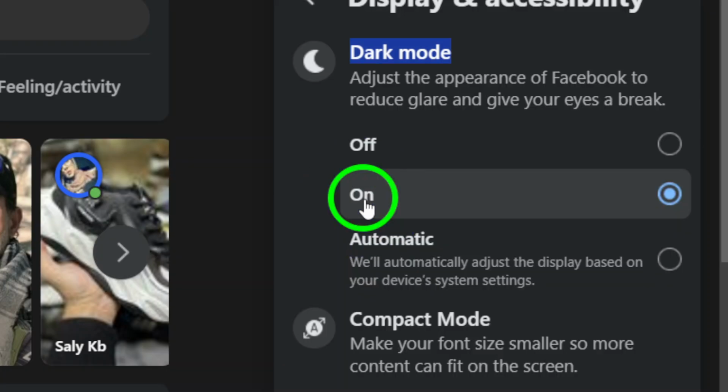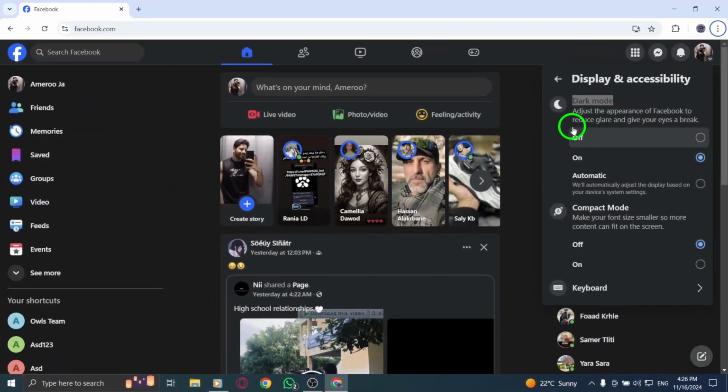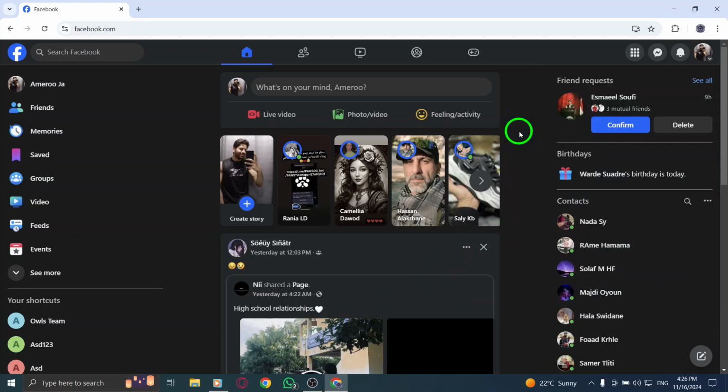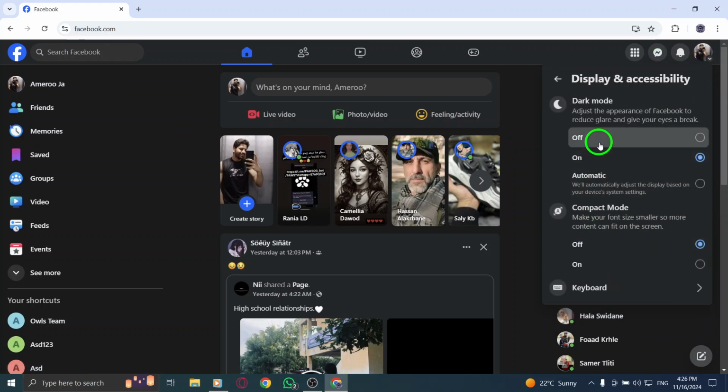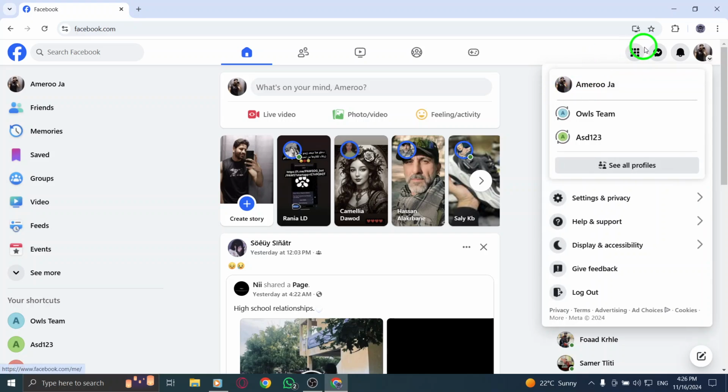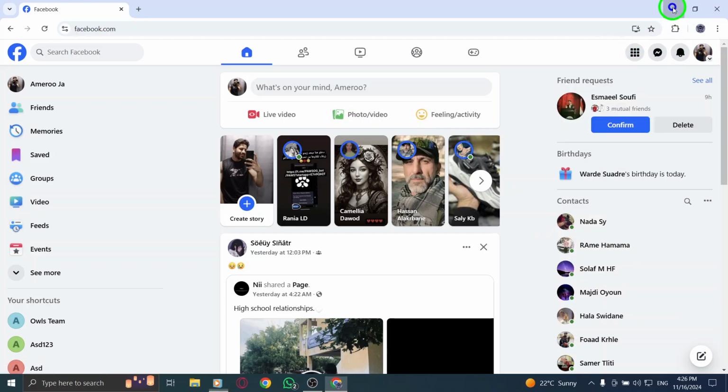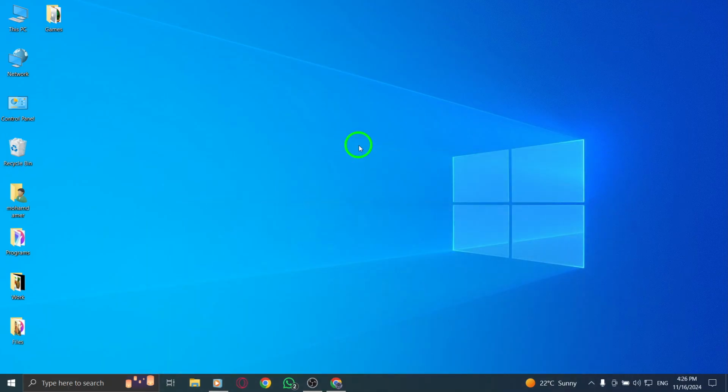Once you click On, your Facebook will instantly switch to the black theme, which means a dark background with light-colored text. It's easier on the eyes, especially if you're browsing at night or in low-light environments. And that's it. You've successfully activated dark mode on Facebook, making your entire experience much smoother and less straining on your eyes. Dark mode is a fantastic way to improve readability and make your Facebook sessions more comfortable, especially during